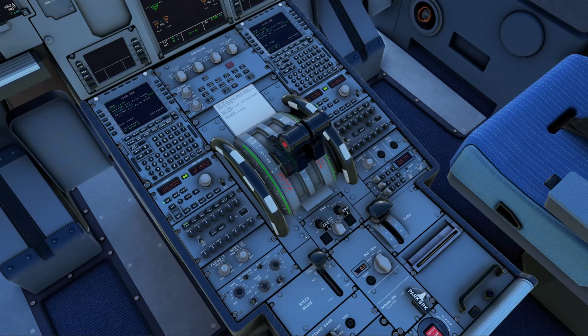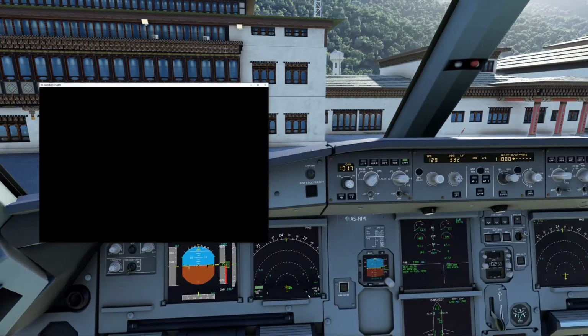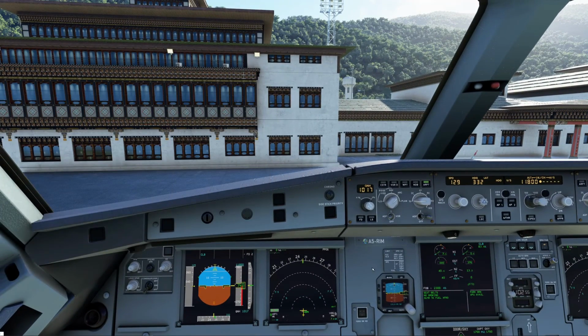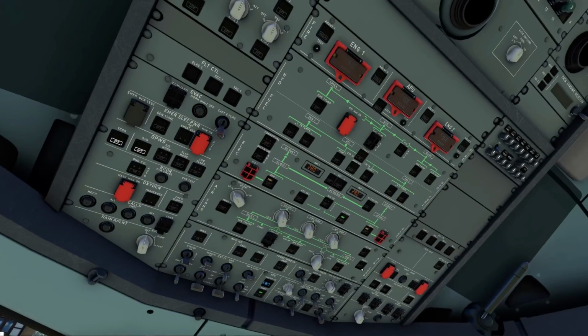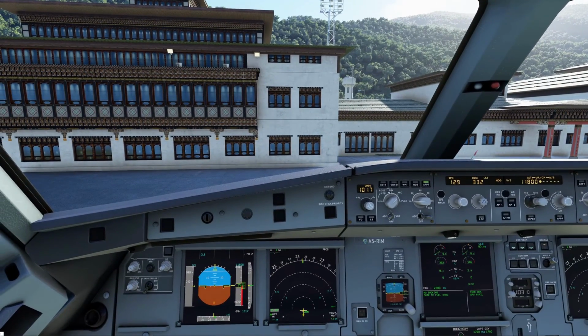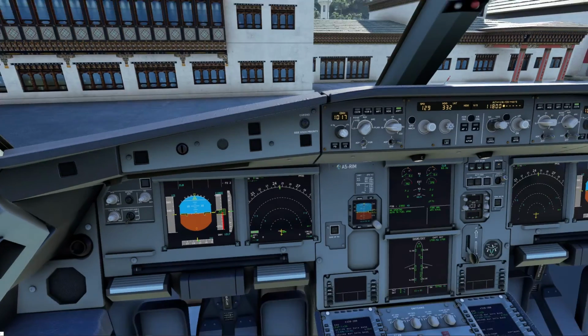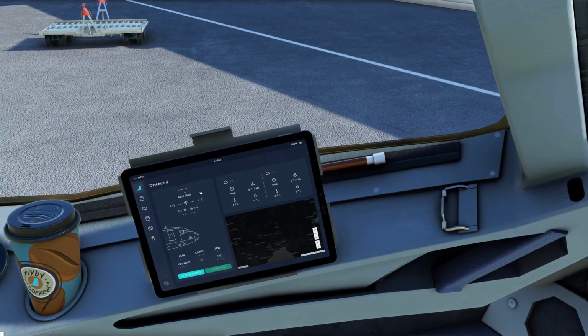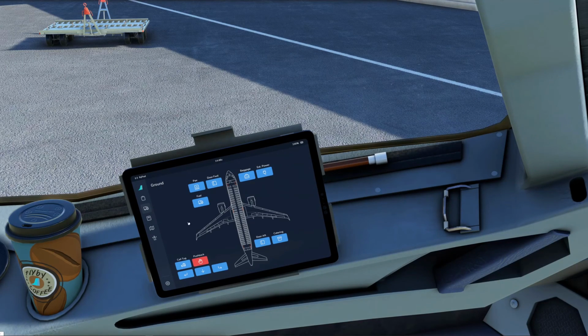Not sure why this is not going off. Right, it is now. Okay, so that is it. There's no services around here, so not quite sure why I'm opening up the doors, but anyway.